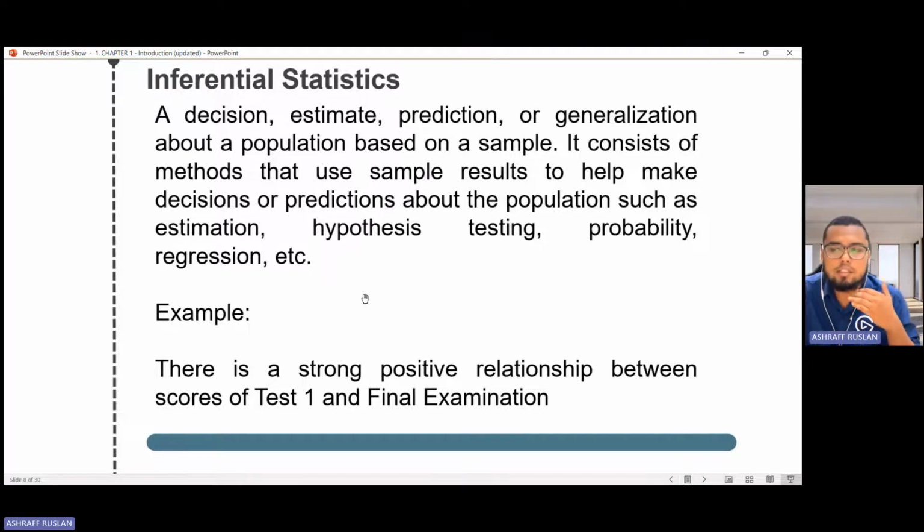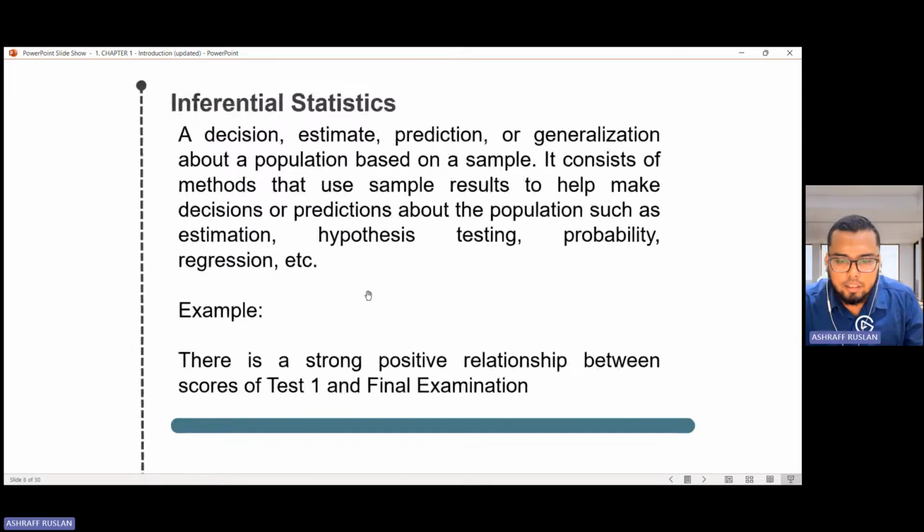Dia mesti ada justification and also statistical process, statistical proving. Kenapa kita sebut dia strong? Kenapa bukan moderate? Why is it positive but not negative? So those have justification and calculation behind. So bila kita buat estimation, hypothesis testing or bivariate analysis nanti, that one adalah inferential statistik.